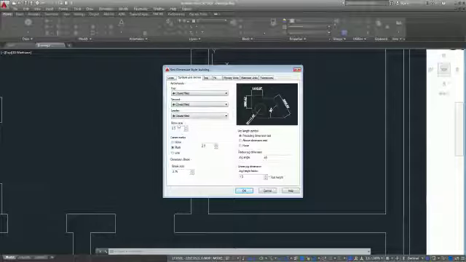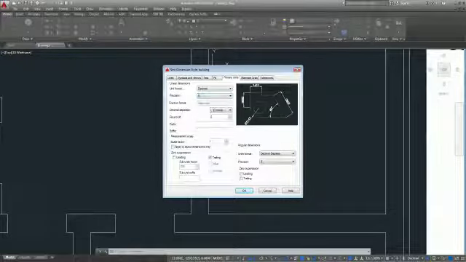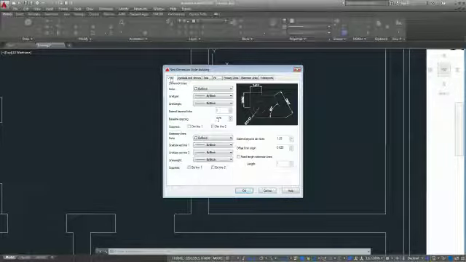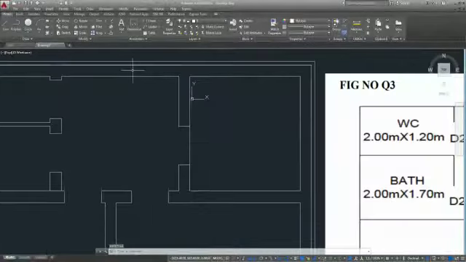Okay, symbol arrows, just give 200. Even you can give 250 also. Primary units, no decimals there. Okay, lines, offset from origin. Remember, I have told you, always give 50 or 75. I have given 75. Set current, close. Okay, now I'll take the dimension.